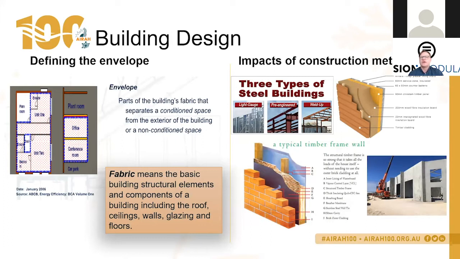Looking at the diagram we have here from the Building Codes Board, supplementary information back from 2006 when Section J was originally devised, there's not been any significant change at all since then in how the Building Codes Board interpret the envelope line and what parts of the building fabric would need to meet the requirements of parts J1.1 and